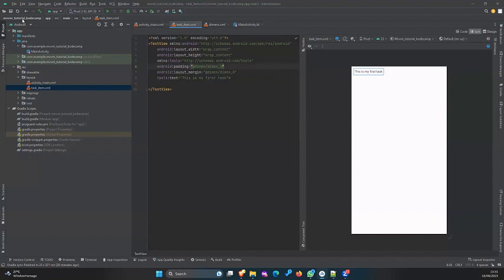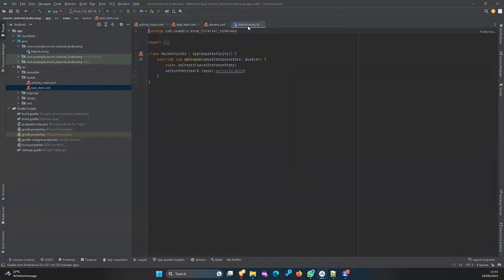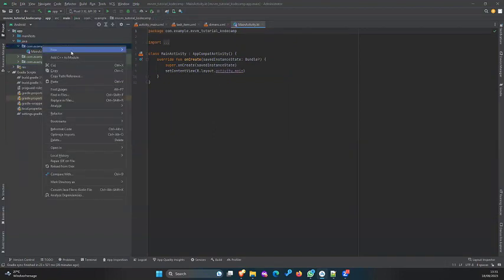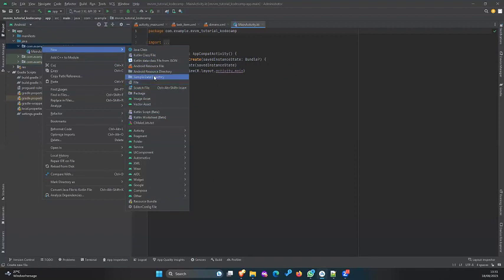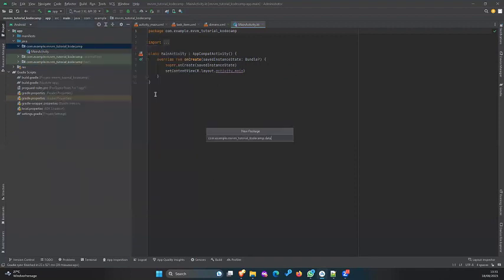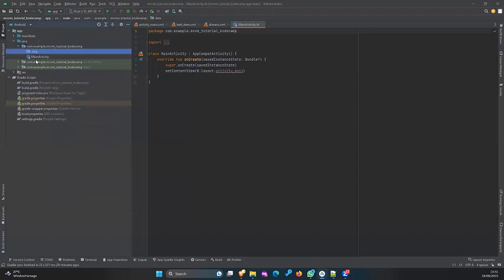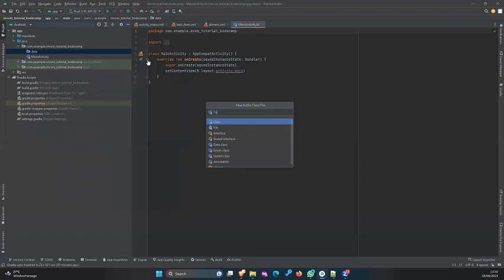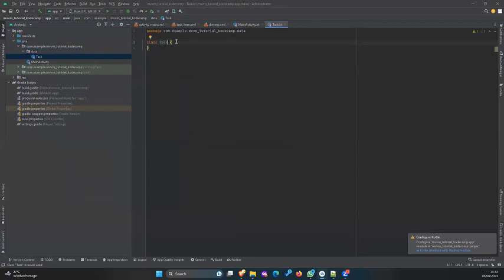That's okay. So getting into MVVM, right? We looked at the steps, right? So this is how we're going to go about it. First of all, I'm going to create my data class, right? So separation of concern. At the same time, I'm going to create a package here. I'm going to call it data, right? And then here I'm going to create my data class. I'm going to call it task, right? So in my data class,